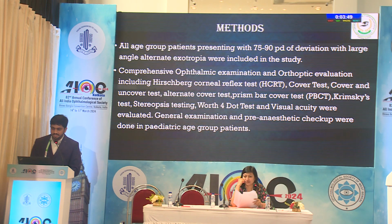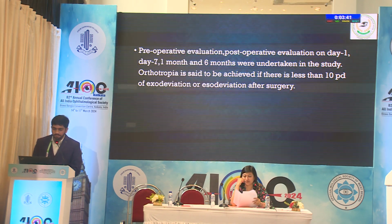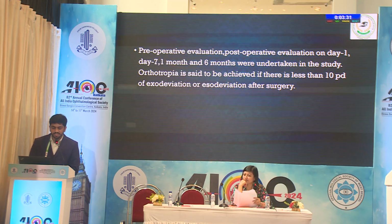All age group patients presenting with 75 or more prism diopters were included. Comprehensive ophthalmic and orthoptic evaluation was undertaken. Pre-operative evaluation and post-op evaluation on day 1, day 7, 1 month and 6 months was undertaken. And most importantly, orthotropia is said to be achieved if less than 10 prism diopters of exo or eso deviation